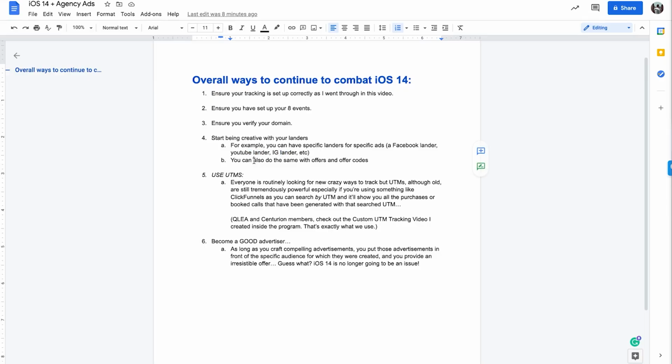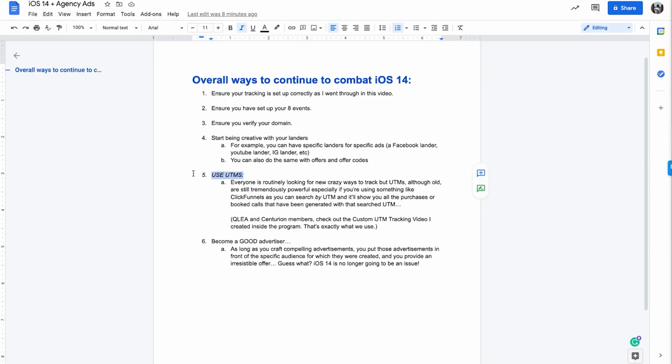You just need to make sure that in this instance, you go around it in a bit of a different way. Same thing with YouTube, same thing with Instagram, okay? And you can also do the same with offers and offer codes, okay? So you could have an Instagram offer code, right? Maybe it's IG30 for 30% off, for example. And that IG30 code is only being run to Instagram traffic. So then you know, obviously, however much has been generated by virtue of IG30, that's your revenue, and however much has been spent on Instagram placement, that is your ad spend. There's your ROAS, okay? There's your return, your ROI, okay?